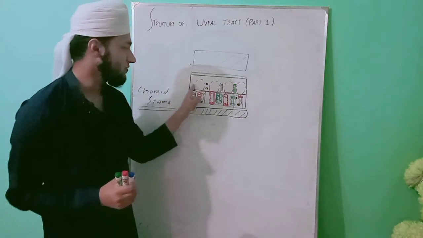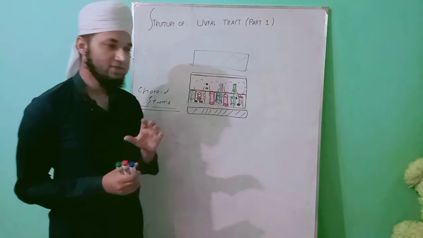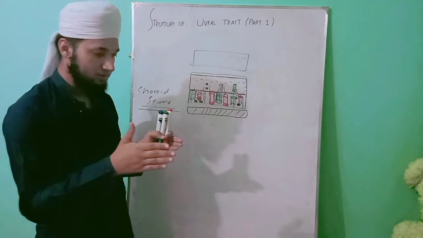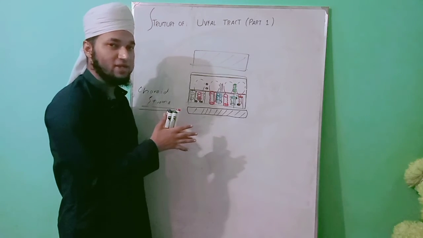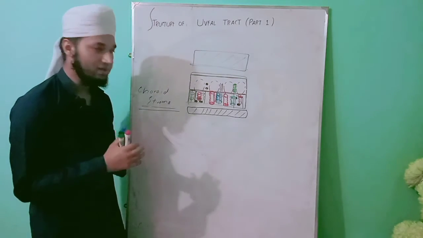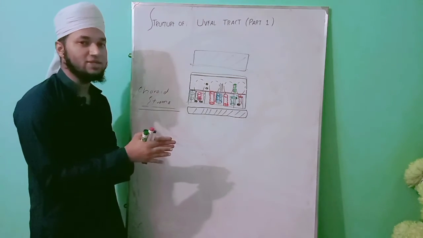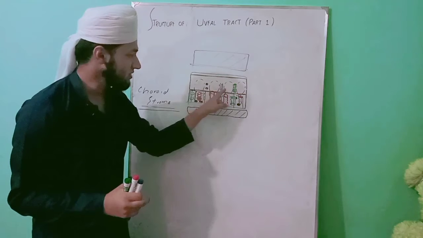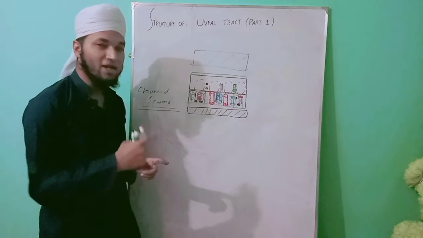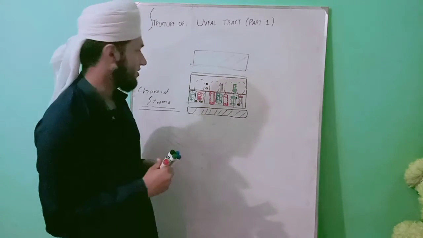What is the importance of these fenestrated capillaries? Actually, retina has 10 layers on histological section. Out of these 10 layers, the outer 5 layers are called the outer retina and the inner 5 layers we call the inner retina. The outer 5 layers are supplied by these fenestrated capillaries. They get nutrition from these fenestrated capillaries. And the inner 5 layers of the retina are supplied by the branches of the central retinal artery.